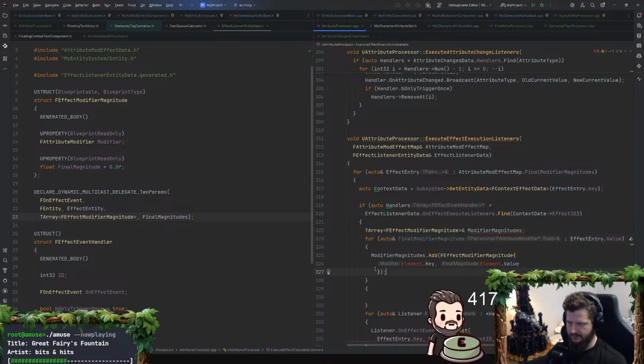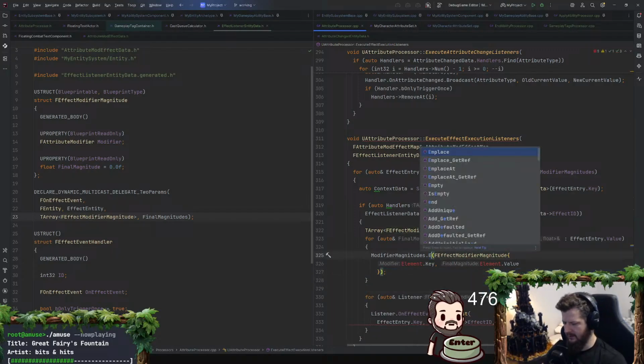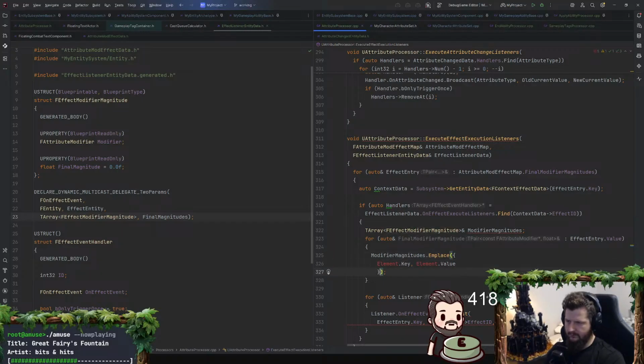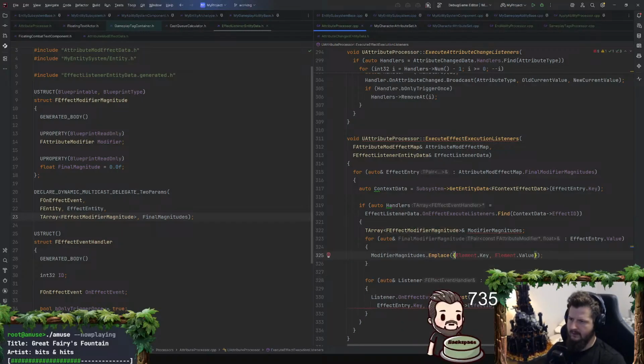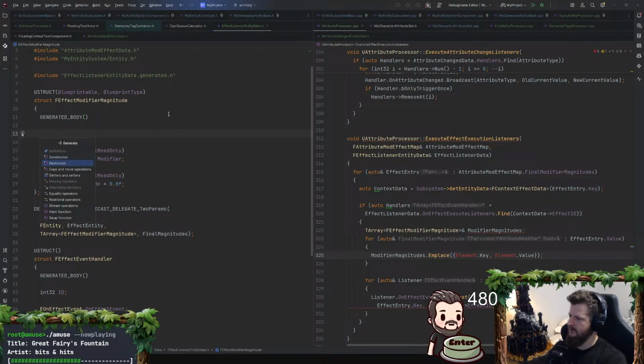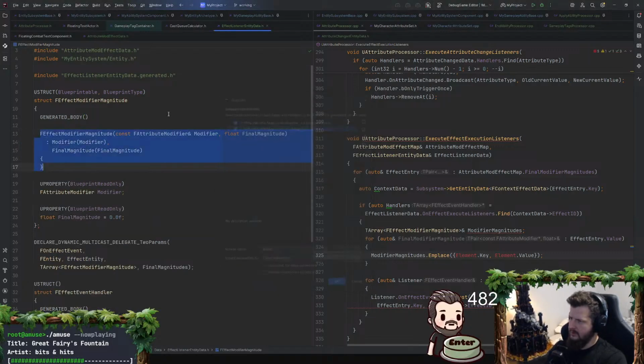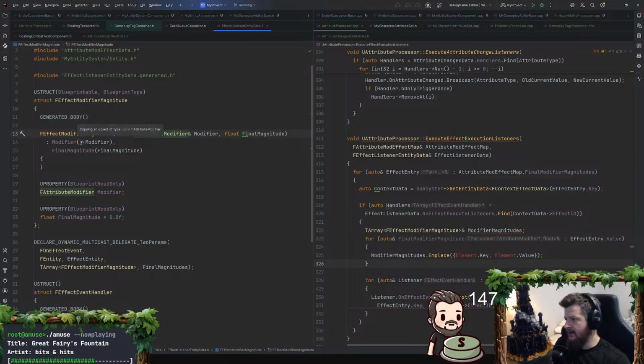For each one of these, we can create a constructor here too. We want to copy it there. We wouldn't want it to not be a copy. Dot key dot value.